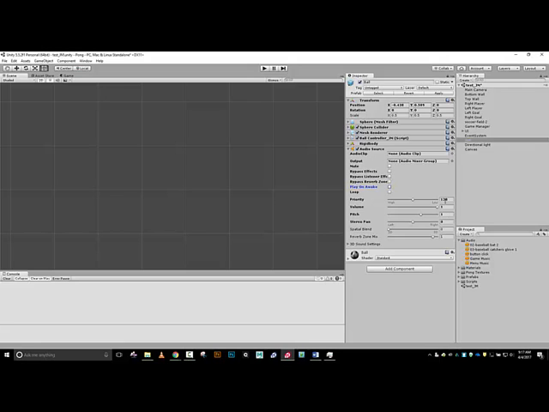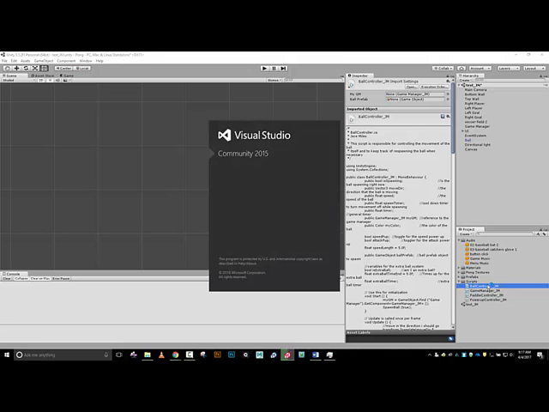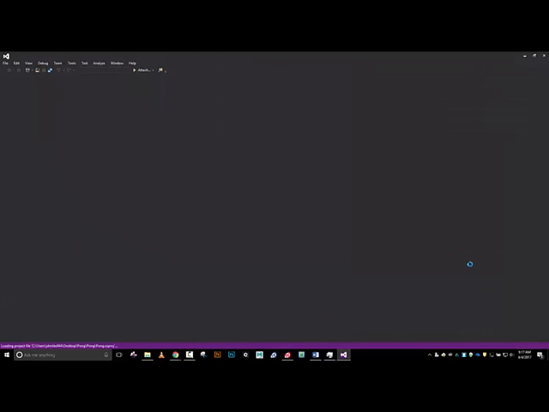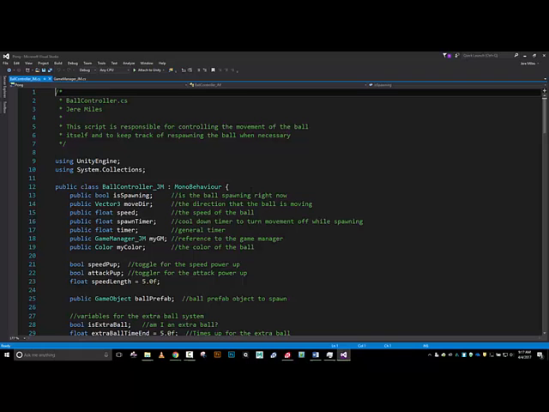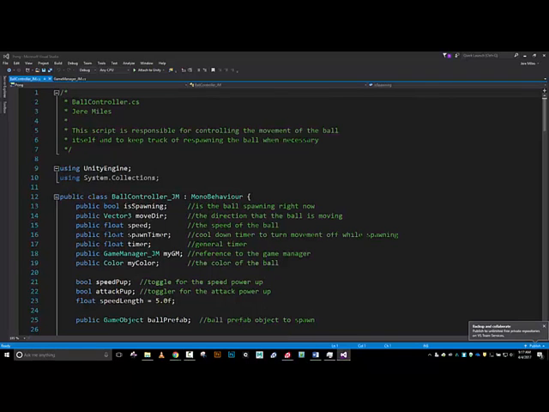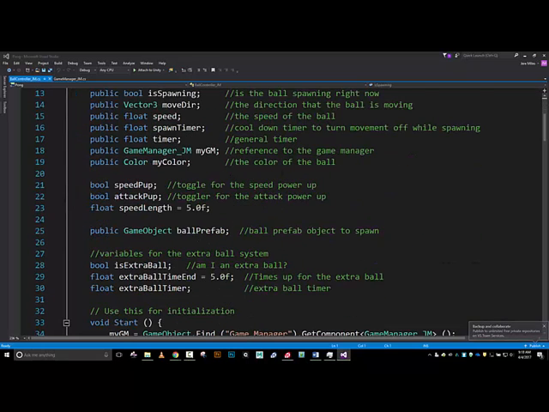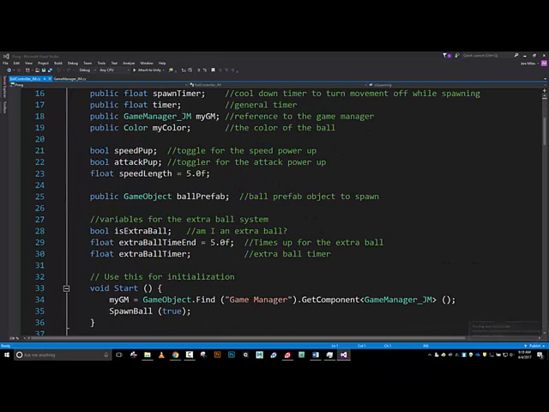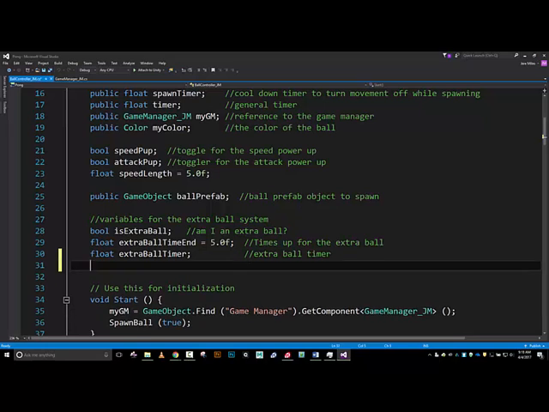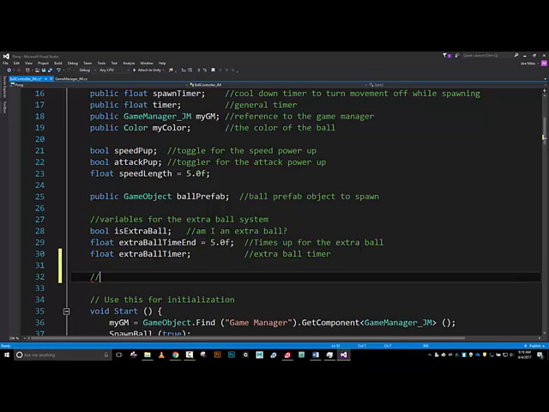Cool. So now let's go into our, where's my scripts? There they are. Let's go into our ball controller, because our ball controller handles a lot of our collisions and stuff. So I'll go ahead and drop into my ball controller here real quick. And let's see, maybe zoom it in so it might be a little bit easier to read on the screen. So the first thing I want is some variables for my audio. So let's see, right about here, I'm going to say,